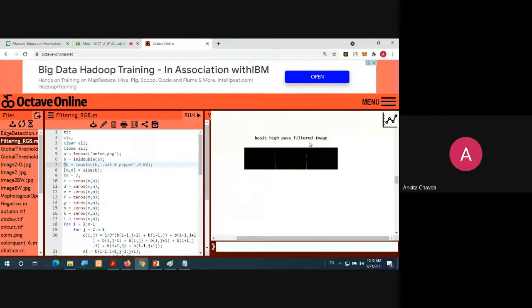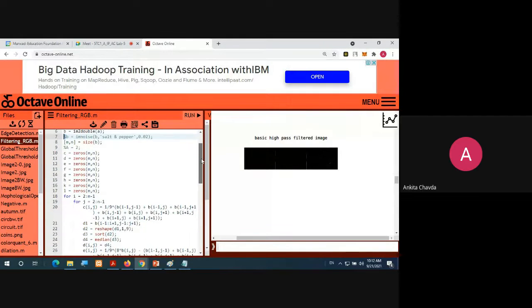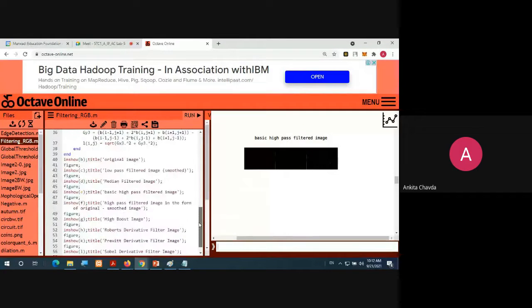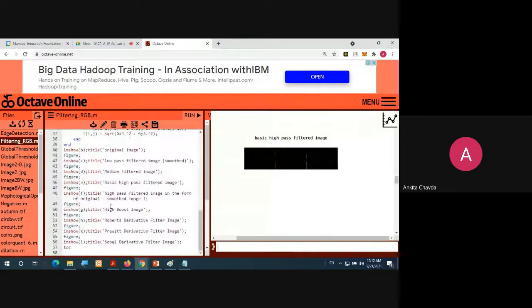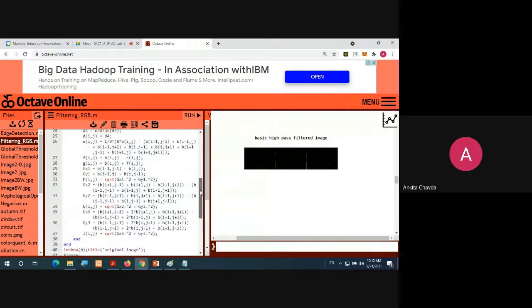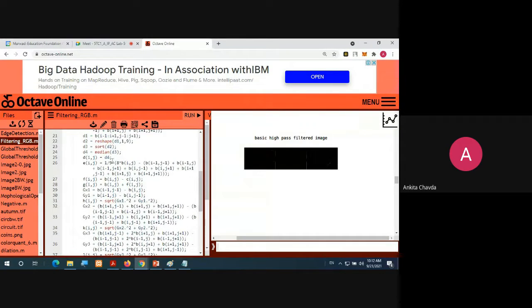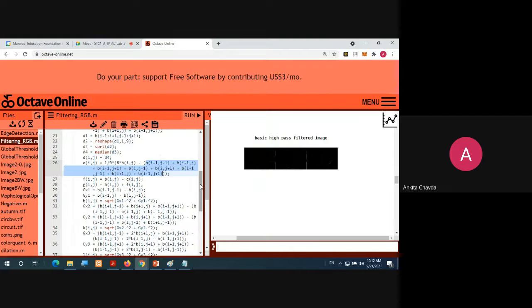Then this is the basic high pass filter image, that is your E. We have learned this thing just today, if you remember: 1 by 9 into 8 into b of ij, and all the other neighbor pixels are minus 1. The middle single pixel, b of ij, you are multiplying with 8, but all the other neighbor pixels have -1 -1 -1 -1 and so on.